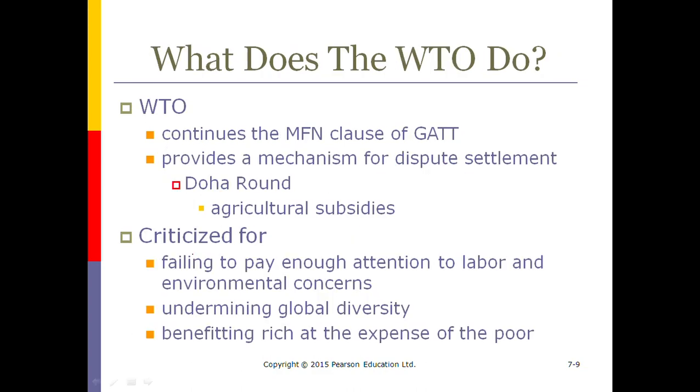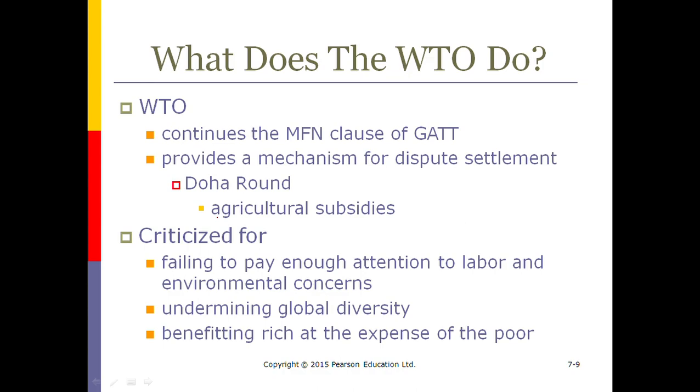So today we continue with the WTO, and the WTO still maintained the MFN clause, the most favored nation clause, which was approved at the time of GATT. Basically, it provides a mechanism for dispute settlement when so many countries, let's say 153 countries, have come together to solve their problems on international trade. One example is that during the Doha round, the agricultural subsidies agreement was passed, and countries agreed to allow agricultural subsidies to their own domestic businesses.